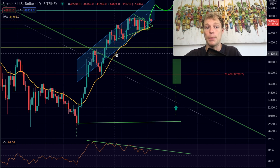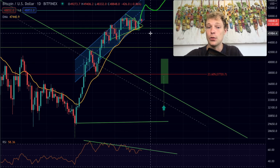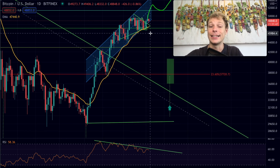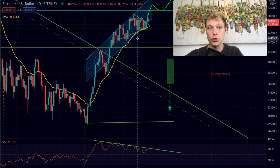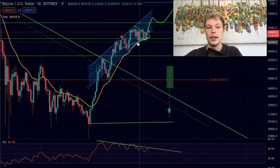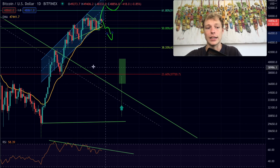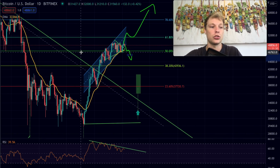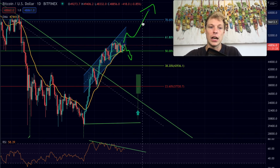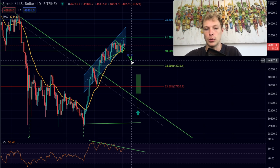We are still trading above this moving average, which is telling us that on a daily time frame we are technically still in an uptrend, still setting higher lows right here. But we do have to consider the potential scenario as well that if we were to lose this level, if we were to break below this level, then we could see a further correction in the Bitcoin price. And that is definitely a potential scenario. I think right now there's no confirmation for such a scenario, but I think it is possible still during the